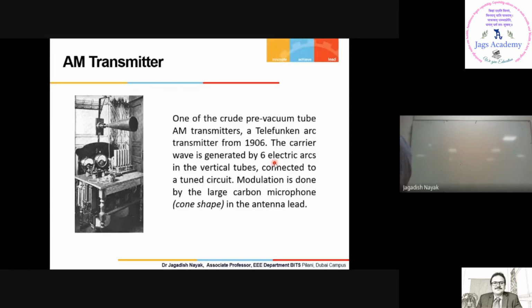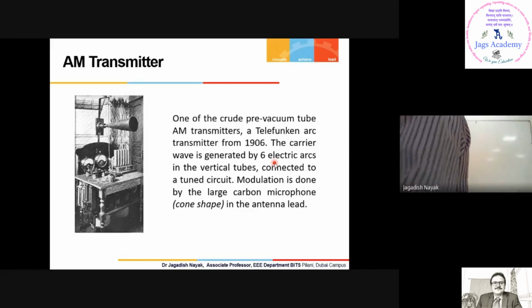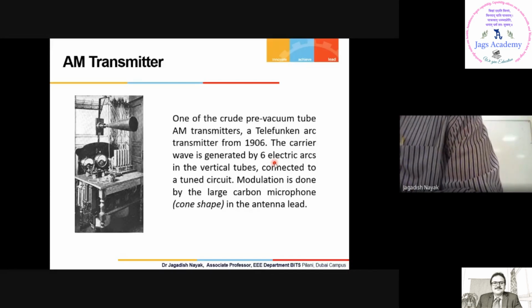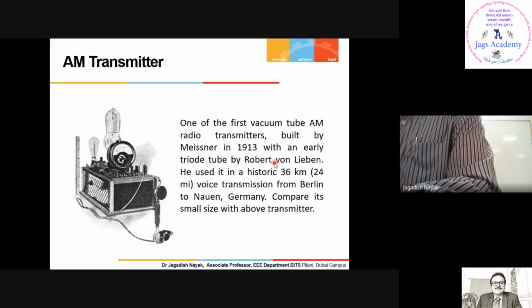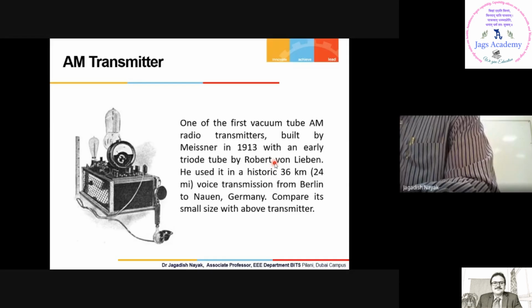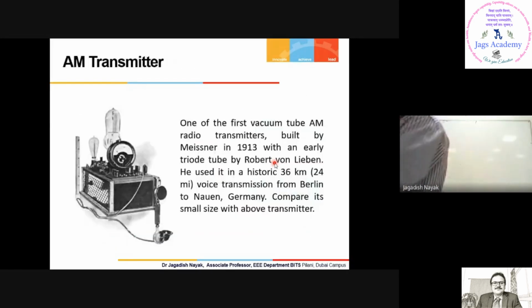In the first pre-vacuum tube AM transmitters, you can see there now how they used to transmit an AM wave. Typically, they have used this. So it is in 1906. This is also the first vacuum tube based AM transmitter, built in 1930. Anyway, after that, once the transistor has evolved,